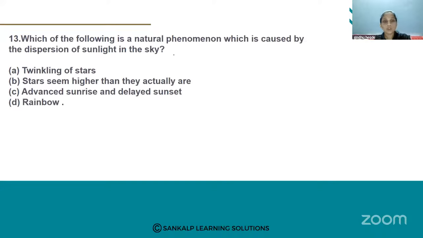Which of the following is a natural phenomenon which is caused by the dispersion of sunlight in the sky? So sunlight dispersion, where do we see this phenomenon, they have asked. What is the natural phenomenon that works under the dispersion of sunlight? So this is not the twinkling of stars. Twinkling of stars happens due to the